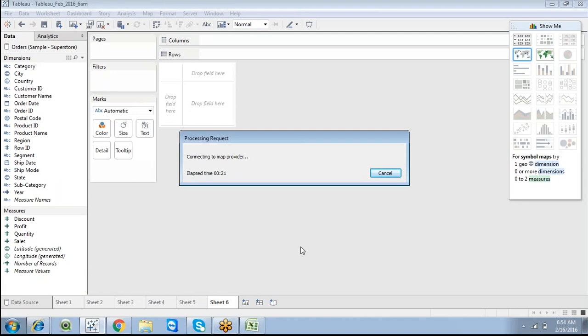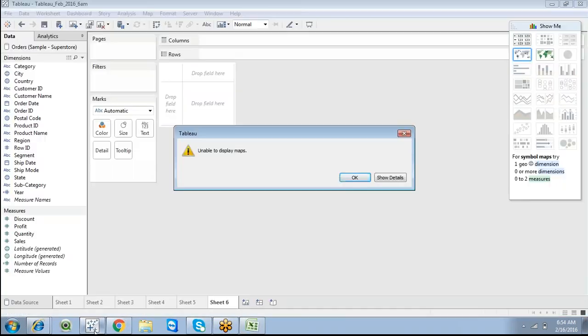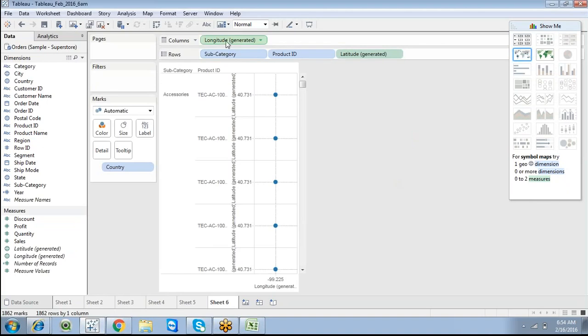So given a question, now you can differentiate. What is the difference between global filter and data source filter? That is a question we can discuss. Global filter is where you can set a particular filter condition across all the sheets, and